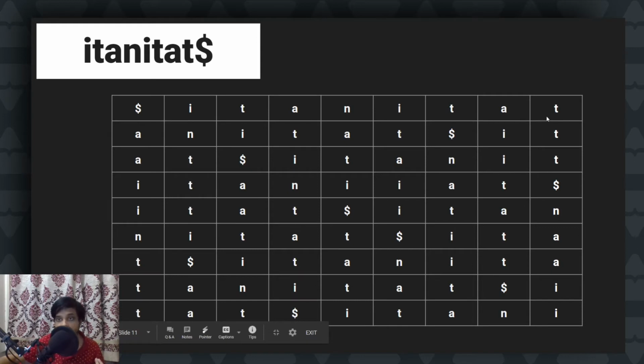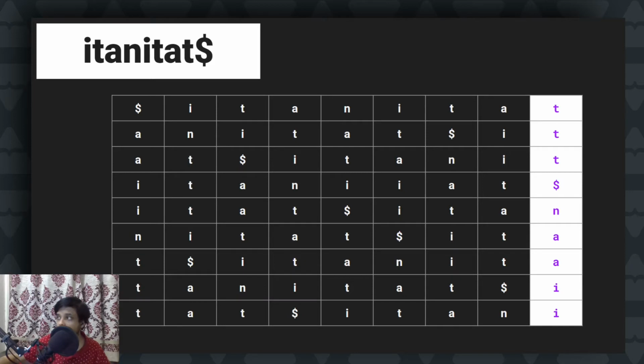So we get something like this. You can see the first row that we have, the first string in the matrix, is $ITAN, because dollar is a character that is smaller than all of these characters. So naturally, the smallest string lexicographically would be the string that starts with $. And from this list of strings, if we take the last column, this is our Burrows Wheeler